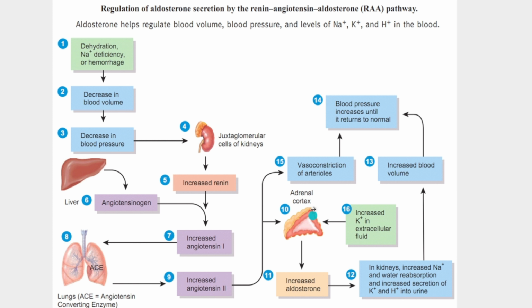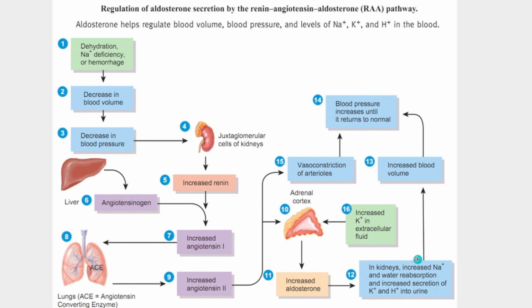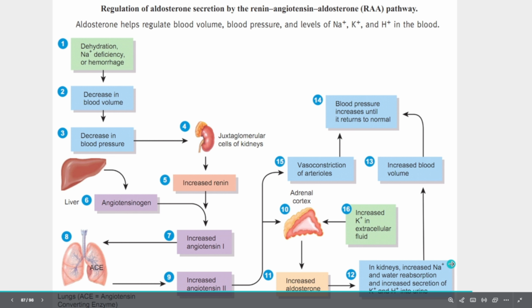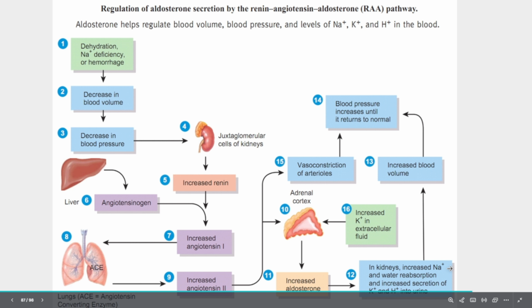So aldosterone is secreted by the adrenal gland. How the adrenal gland is stimulated to secrete aldosterone is due to the angiotensin 2 concentration. Once the aldosterone is secreted, in the kidney it will increase sodium ion and water reabsorption. This is very important. Not only water absorption, but also sodium ion, and it increases the secretion of potassium ion and